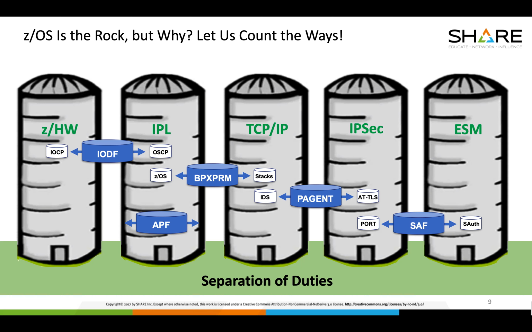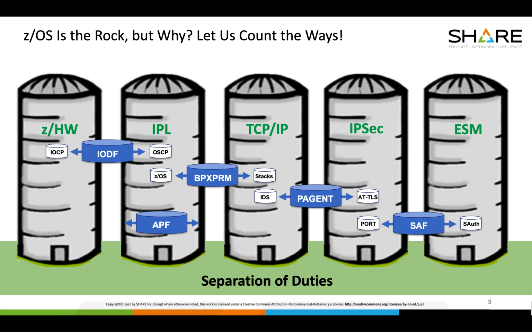And as that process takes place, one of the members that will be processed is BPX PRM. That BPX PRM member will not only help us to define within our ZOS environment a Unix file system, but it'll also define for us the names and the operational capabilities of the TCP/IP stack that we will need to support both intra and external or internet